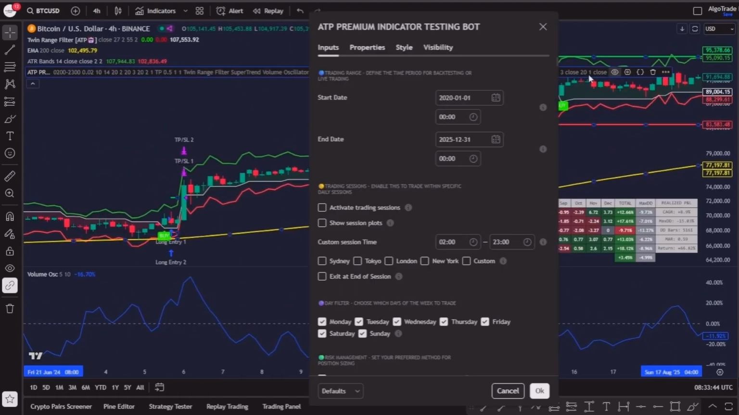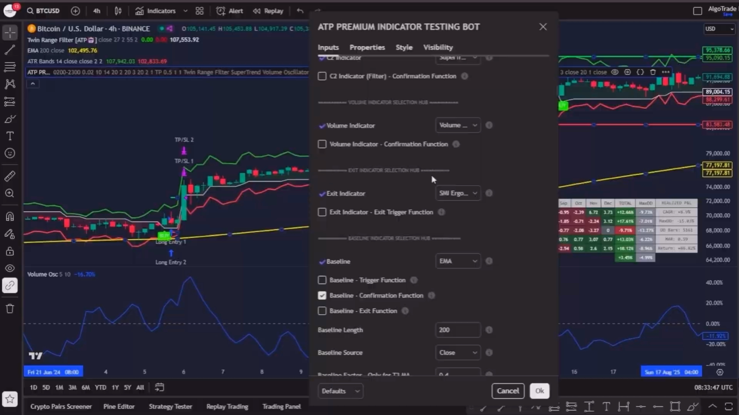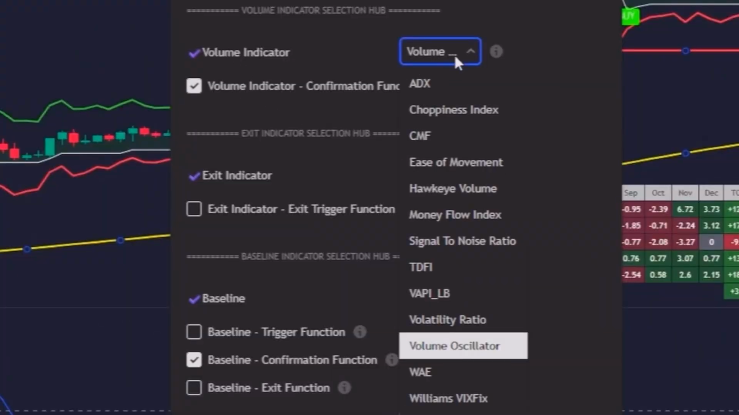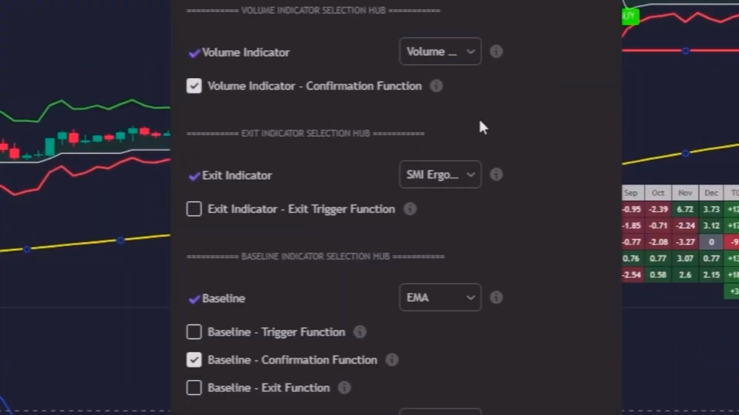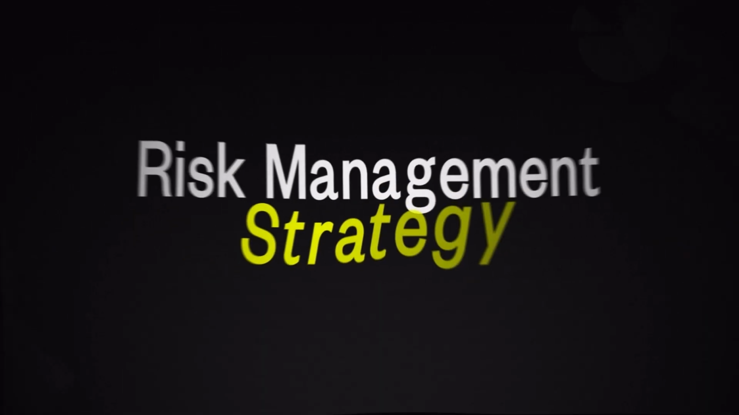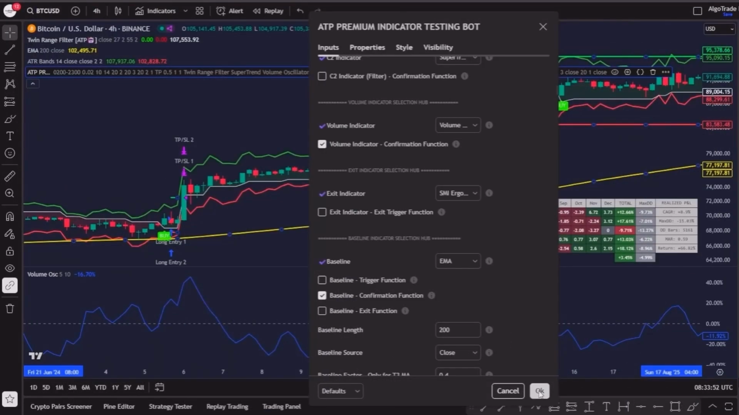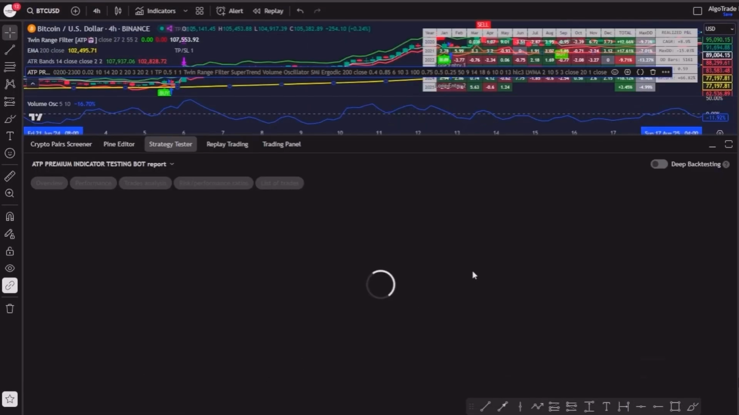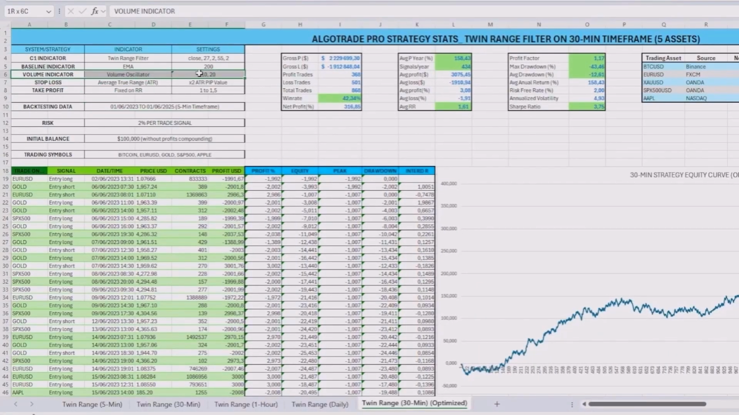I will now head over again to the indicators testing bot, enable the volume oscillator as a confirmation filter, run the same 5 asset portfolio with the same risk management strategy and come back with a brand new set of results. After activating the volume oscillator as a confirmation filter and keeping everything else exactly the same, the strategy showed